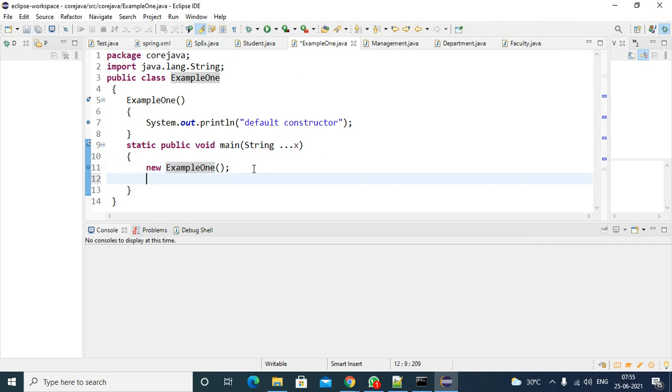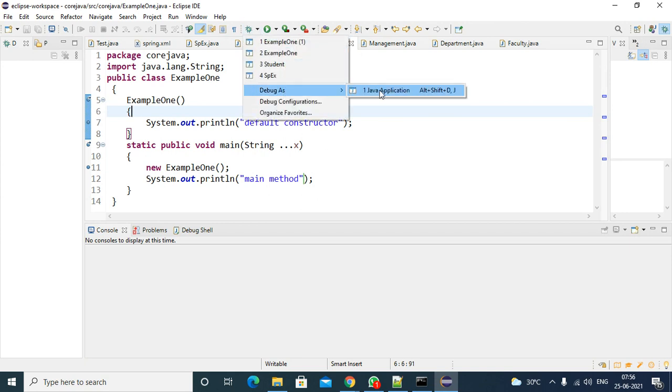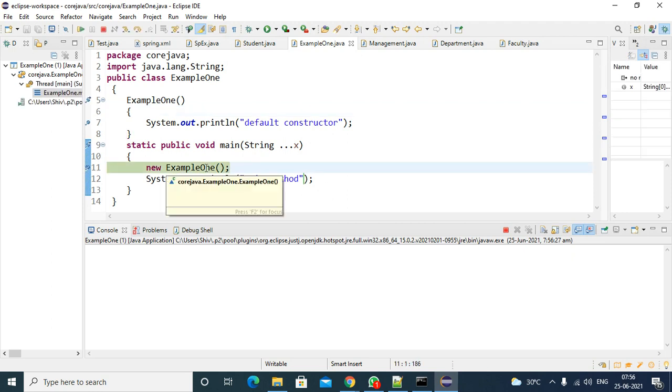If required, you can write one SOP statement also here, System.out, in the main method. Okay, so it will call this line. So whenever you create an object, at that time at the backend there is identification of instance members from top to bottom, assigning the values of instance members, and execution of instance blocks. After that, the constructor call will be there, right? So now I am debugging it. Save the file, debug Java application, right? So it came directly to the main method. Inside the main method, the first line is this one, right?